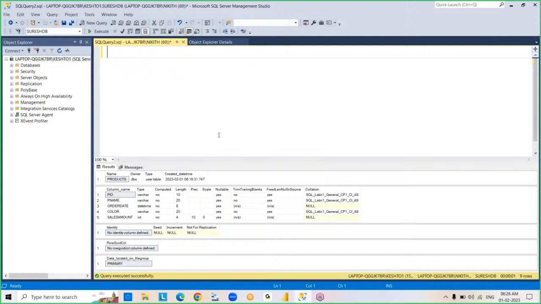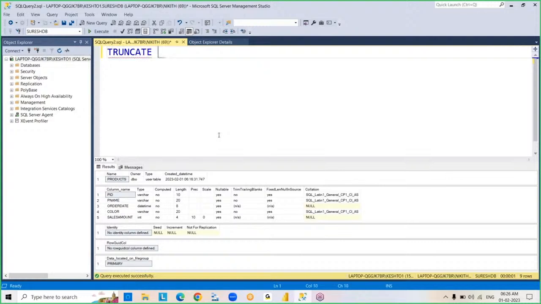You create a table in the beginning. After that, you added new columns to the table, dropped a column, and changed the data type of a column. So different types of operations you performed. Right? And so now